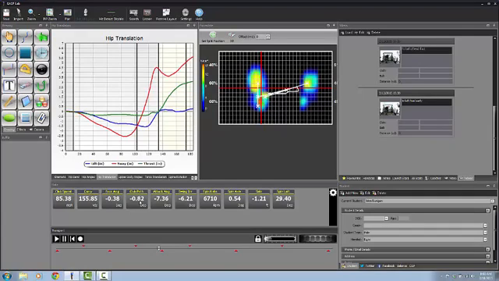So there you go. That's a little bit about understanding shift patterns and what it does to the pelvis and what it does to the